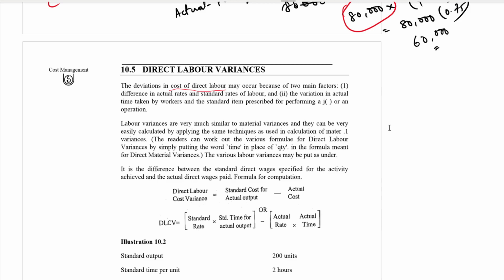The deviation or changes in the cost may occur because of two main factors. One is the rate per hour or wages of the labor, and another is time taken by the workers. So the two aspects are time taken for the work, and rate charged per hour, rate of wages. We call it changes in the wages. Time is also called efficiency, how efficiently they are working. Efficiency and wages. So when these two are changed, when compared with the estimation, there is going to be a difference.